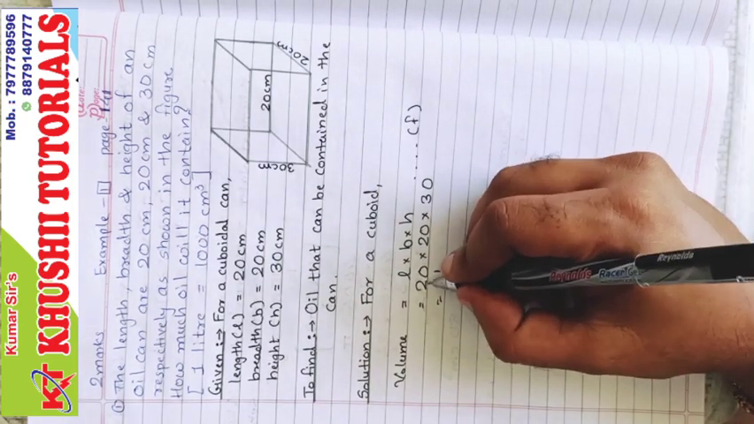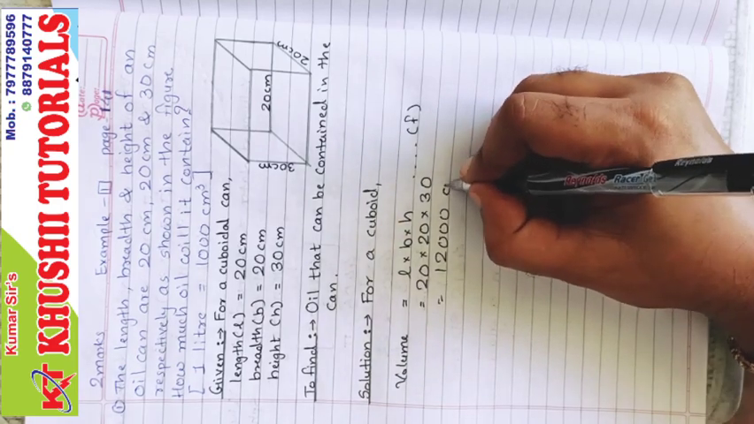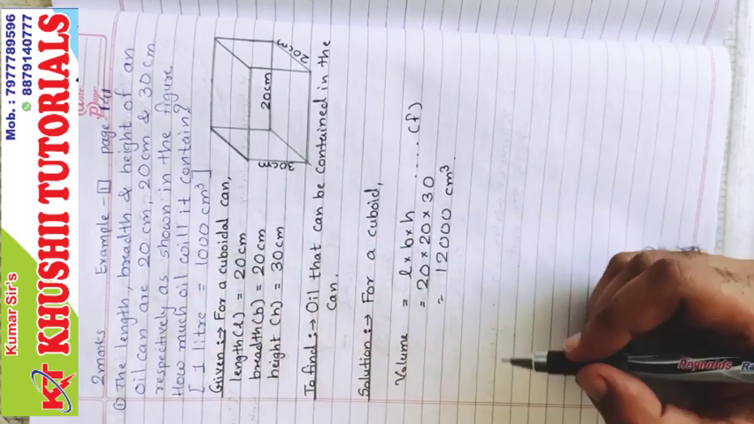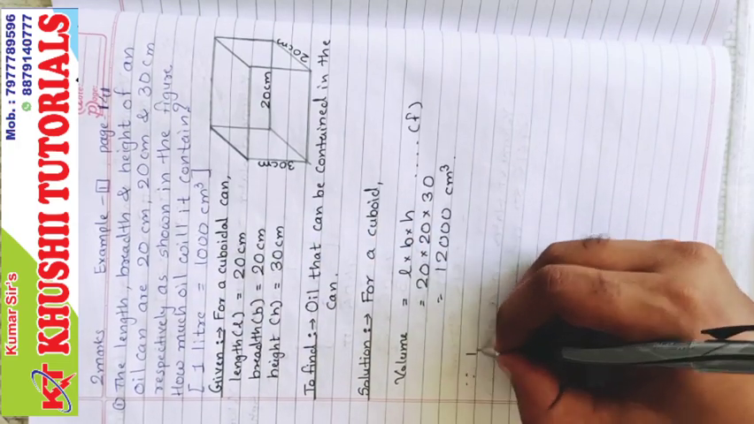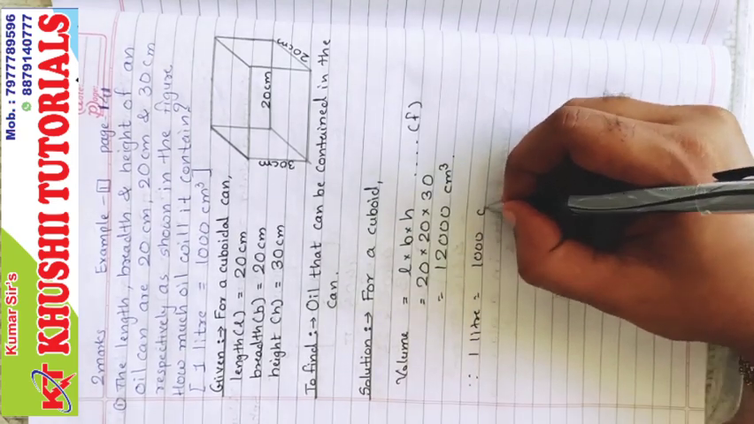So it is 2 2s are 4, 4 3s are 12. So 12,000 centimeter cube, that is volume. We know 1 liter is 1000 centimeter cube. Since 1 liter is equal to 1000 centimeter cube,